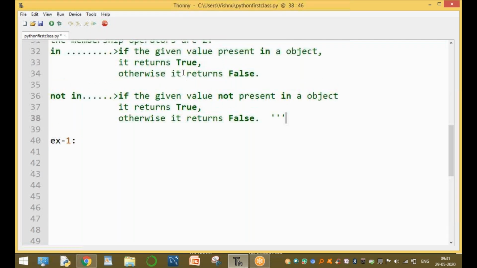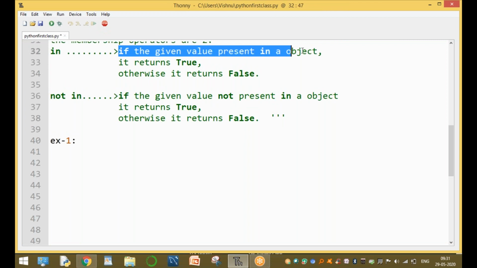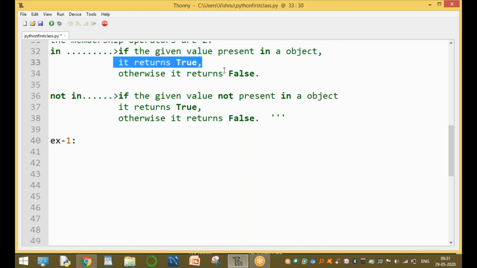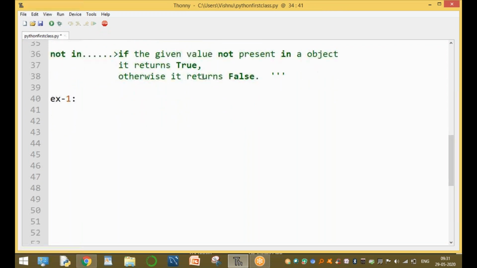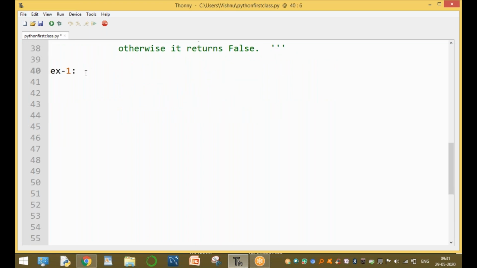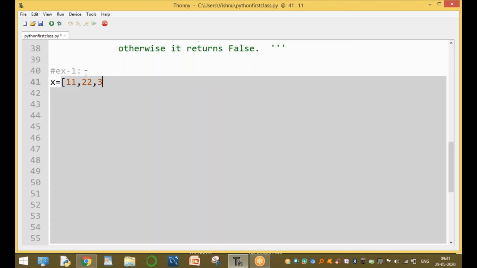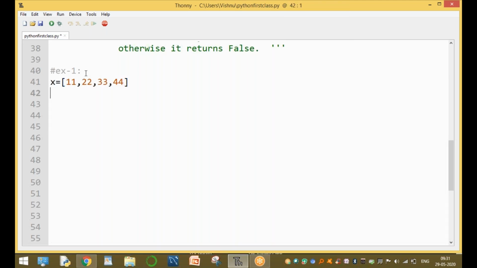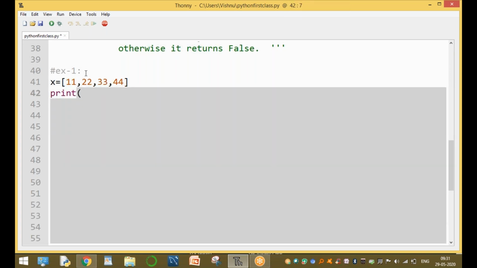If the value is present in the object, it returns true. Otherwise, it returns false. Clear. Now, for example, x equal to a small list: 7, 22, 33, and 44. It is a list. Example, print of 10 in x.